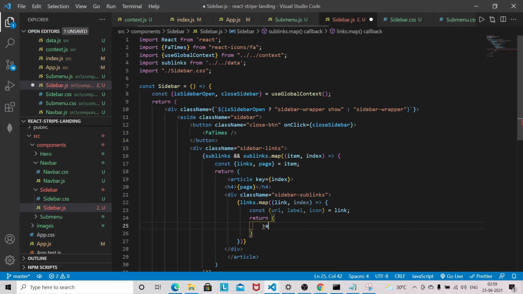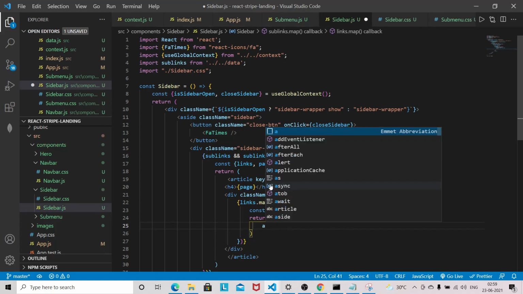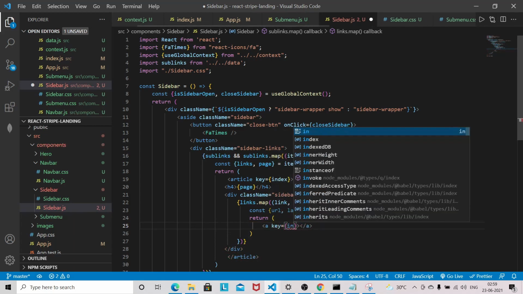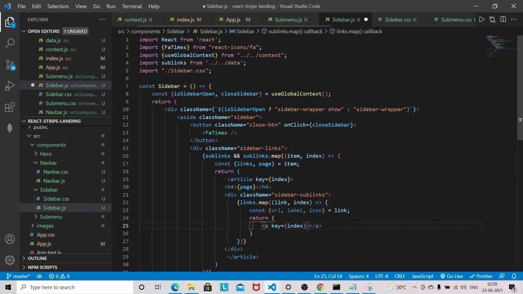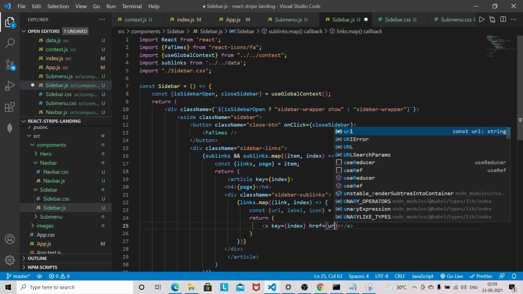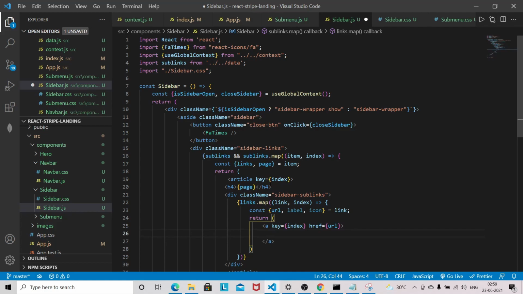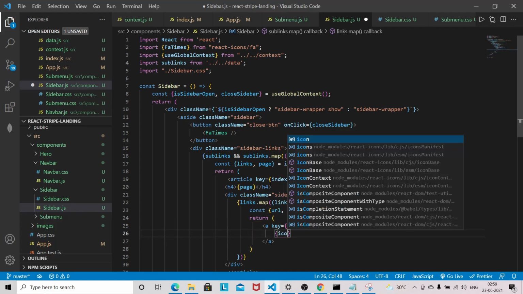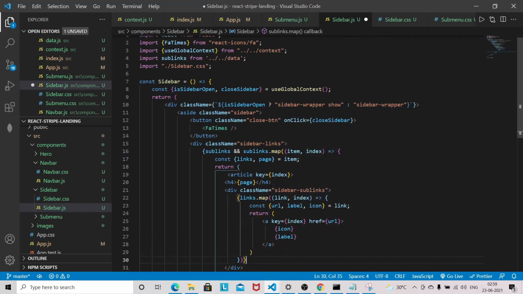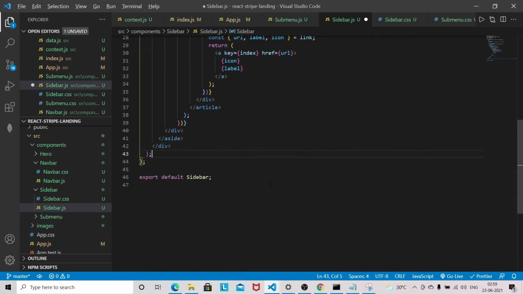This time I'll have an a tag, and inside the a tag I am going to use the key, which will again be the index, and inside the a tag I'll have the url, icon and label.